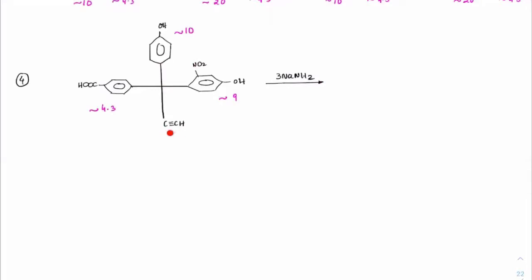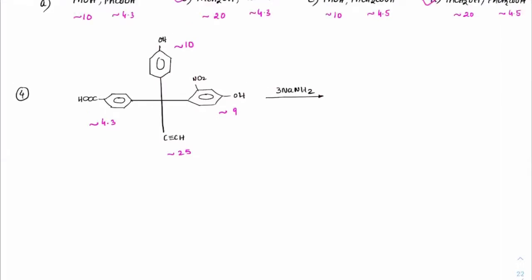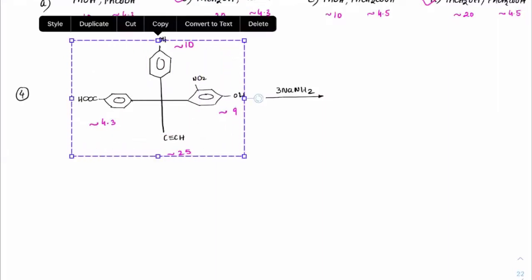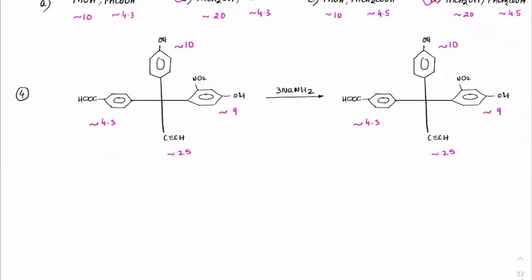Okay. C triple bond CH. This is approximately around 25. Which is most acidic? This one is most acidic. So that is the first one which will react. Next most acidic is this one. This will react. Next most acidic is this one. This will react. So 3 moles will be consumed here. So the product which it will form, after the reaction is done, is all of this here. You can see this H plus will be lost. So we will get this as O minus here, O minus here, O minus here. But this won't get disturbed. So this will be the final product.